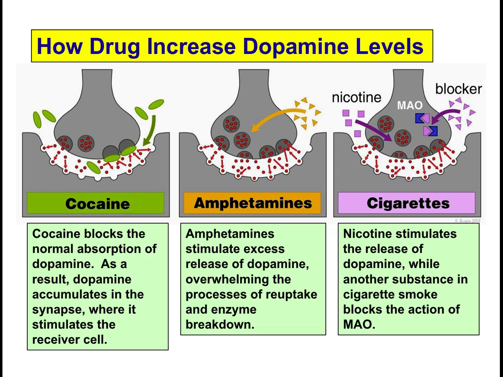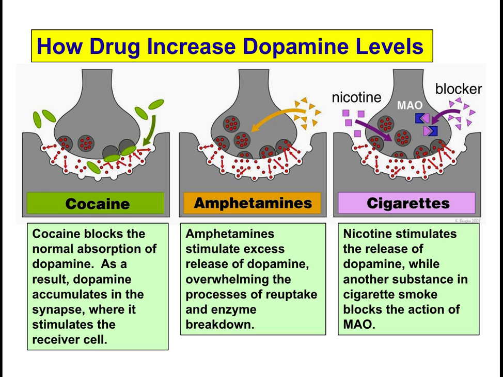Amphetamines work differently. Instead of working on the receptor sites, instead of preventing the breakdown of dopamine, they in fact increase the release of dopamine from the axon. So you get an increase in dopamine in the synapse, in this case specifically with the reward pathway. This space is called the nucleus accumbens. It's in the brain. And when that dopamine is released into that area, you feel very good. So amphetamines are increasing the amount of dopamine overall. So all those receptor sites are full and you feel good.